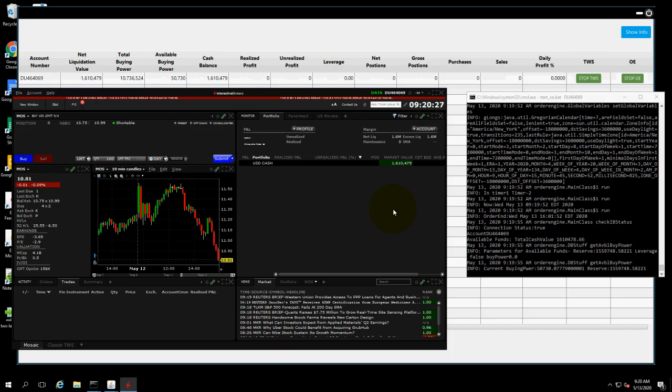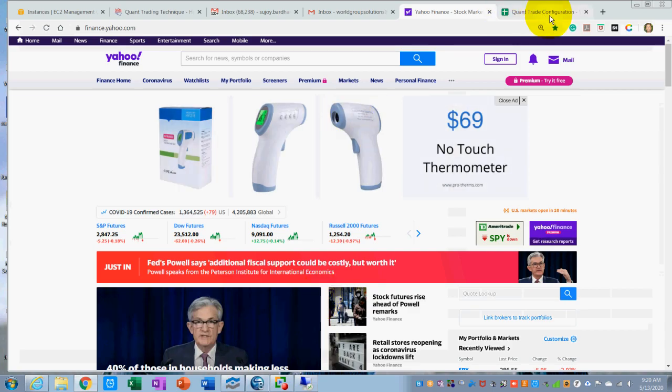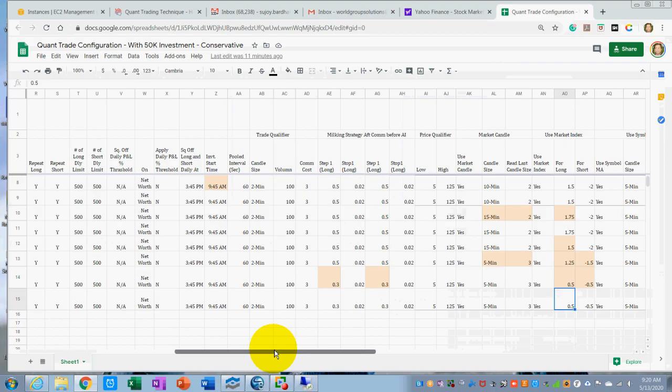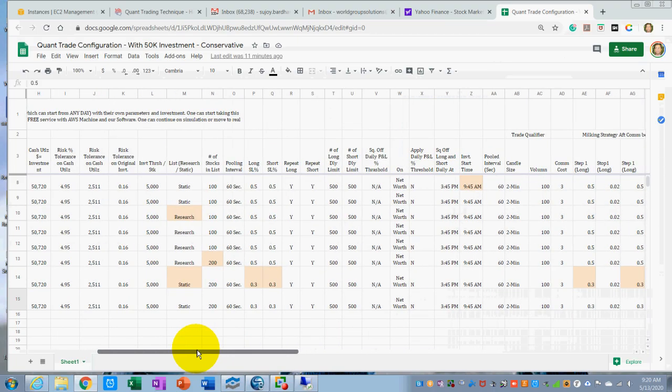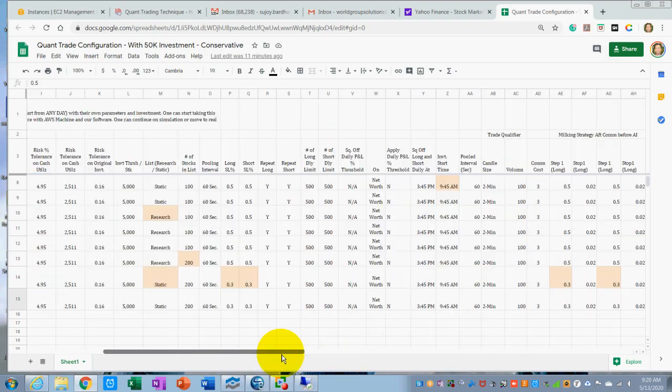So this is the benefit of having quant trading, and it is expected to scan the market and at the same time look for all the 200 stocks which we have listed. We have listed around 200 stocks, and I will show it to you after a while. But at the same time, it's expected to scan the market conditions first, qualify the market first before it goes and looks into all the 200.